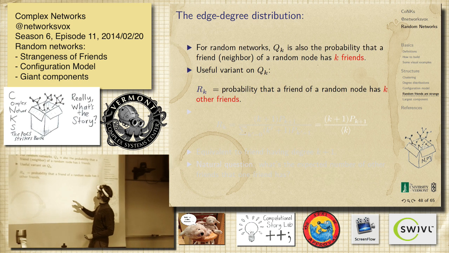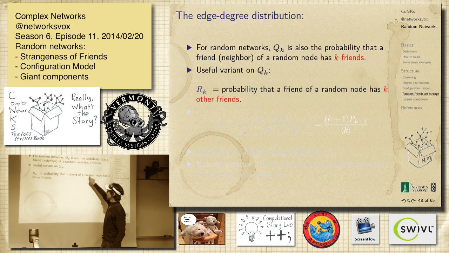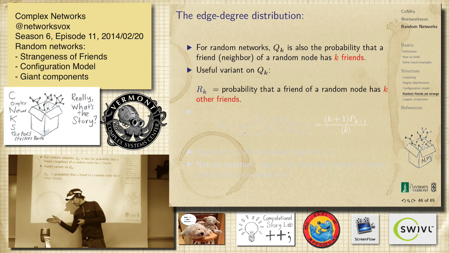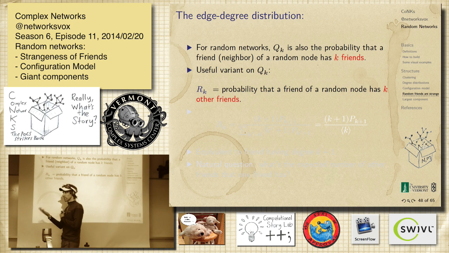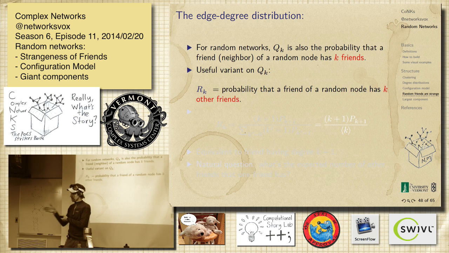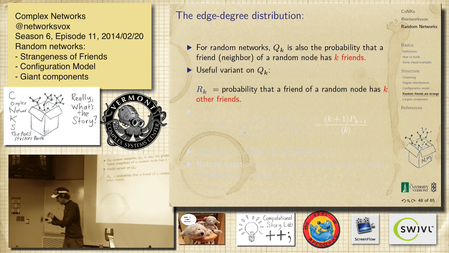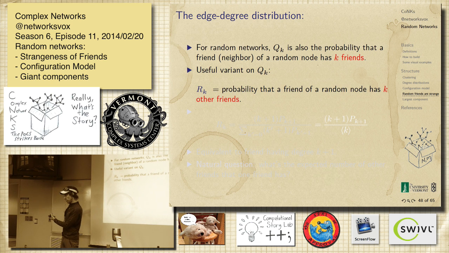There's one other that was very helpful for thinking about contagion and spreading. It's a simple modification, but it's probably that if you go to a friend or you're traveling along an edge, you find the node at the end, that it has k other edges coming out of it, right? So it has k other friends, meaning it has k plus 1 total, has you as a friend. So if you're spreading something through the network, this is kind of the right distribution to think about, right? So what's probably that as this edge is infected, it hits a node, and maybe that node becomes infected, you get k new infected edges, instead of saying k minus 1, which you could do, but.